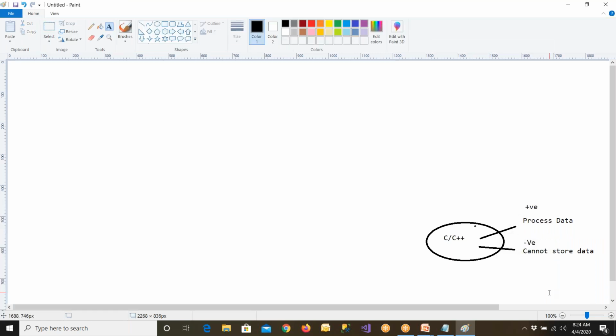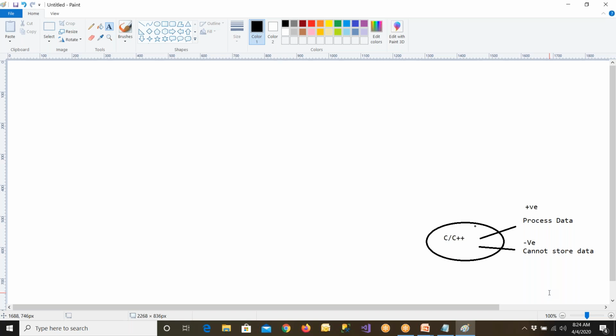Any language you take, C, C++, Java, .NET, PHP, Android, any language, can be used to interact with the computers. That means you're supplying a lot of data to the computers with the help of a language, and these languages are English-like languages. But what do we communicate? We supply a lot of data. When you supply a lot of data to C and C++, the computer cannot store the data anywhere, or the language cannot store data anywhere.